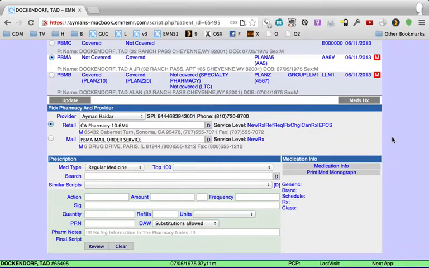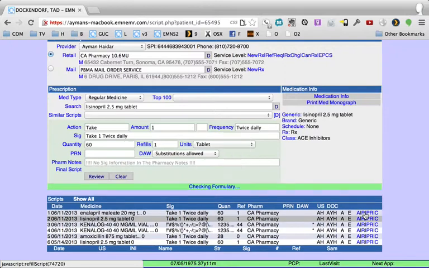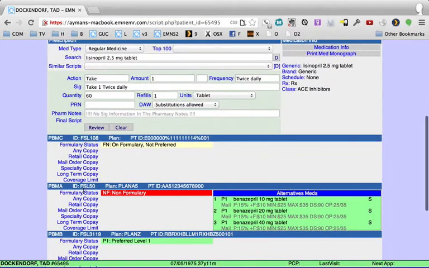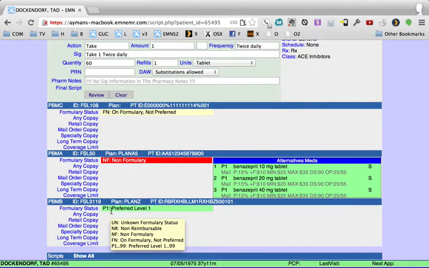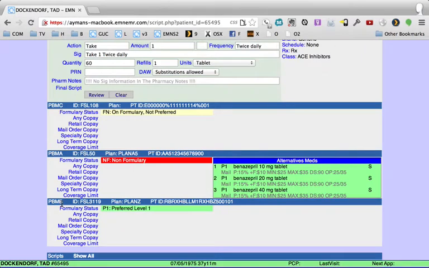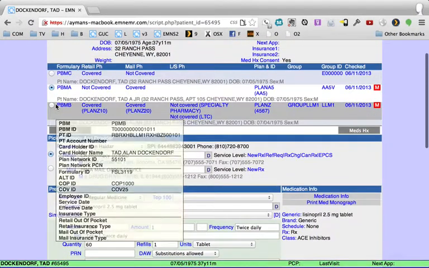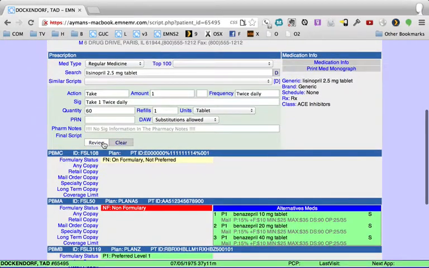Let's maybe do an example. Let's do lisinopril. That seems to be a common one. See, this medication here is not formulary on PPMC. Here is non-formulary PPMA, but here it is preferred level 1. So Surescripts asks us to pick PPMB for this medication, so we can go up and pick this one. And when we do that, when we send the prescription,